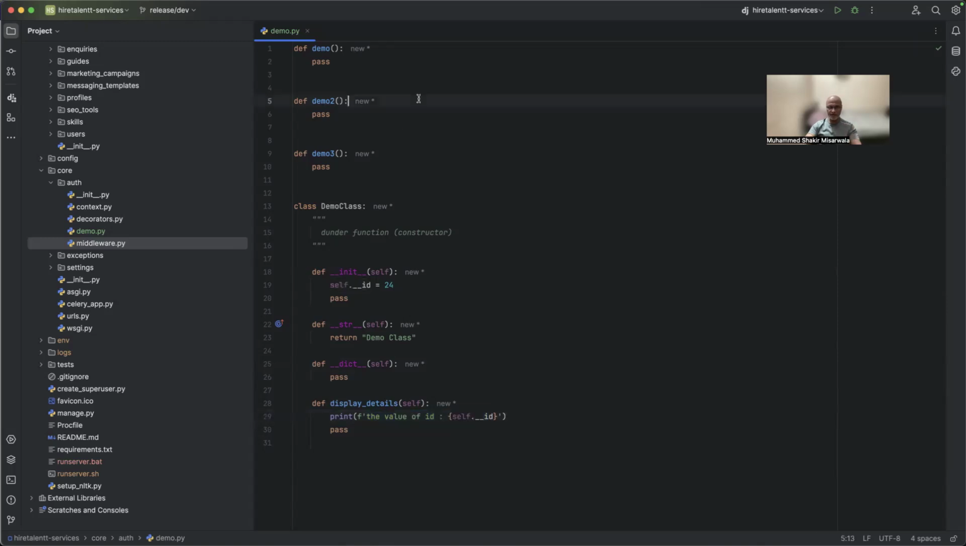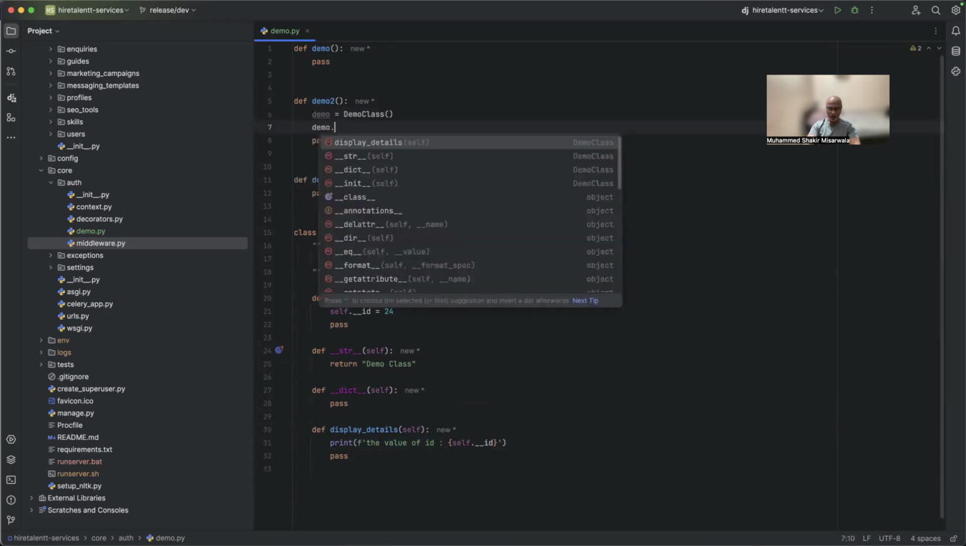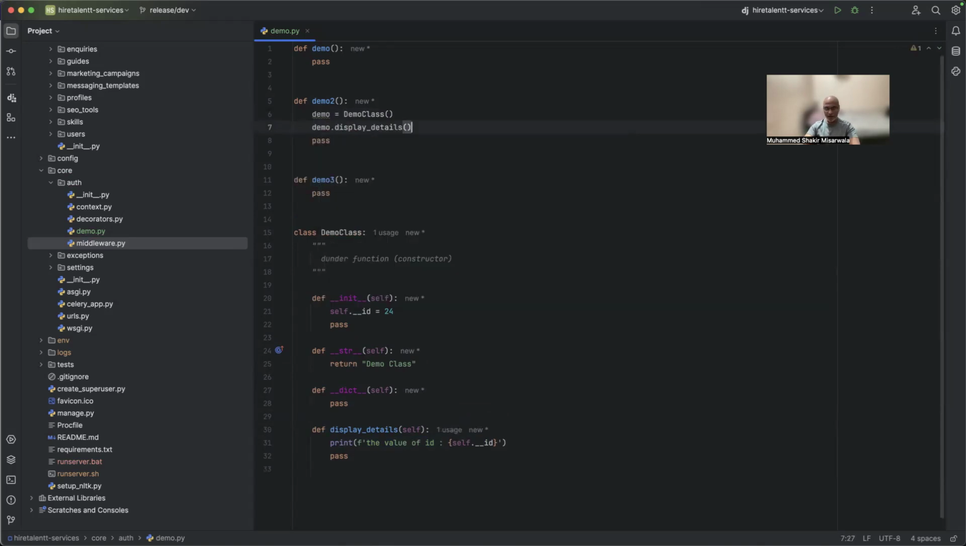Now, when I create an object of this class, suppose from demo 2, I wanted to create an object of this class, it's a weakly typed language. I just need to say demo 2 is equal to, and I say demo class here like this. That's it. This constructor will automatically execute and the value of this will be initialized. And now when I say demo dot display underscore details,